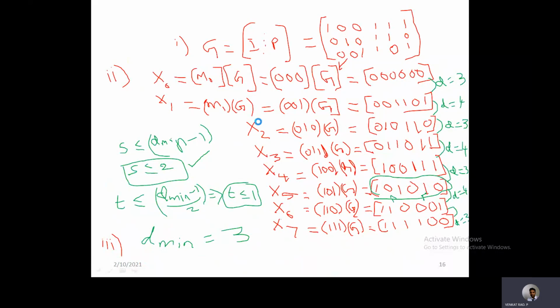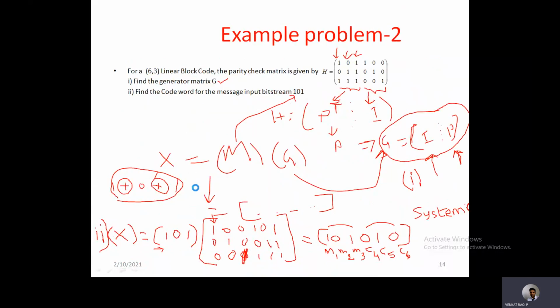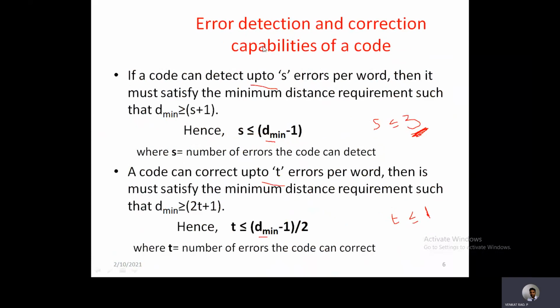From this, how do we identify the error detection and correction capabilities of the code? As I already mentioned in the previous discussion, for the error detection and correction capabilities, first we need to identify D minimum. Based on D minimum, you can identify how many errors it can detect and how many errors it can correct. So first find D minimum.